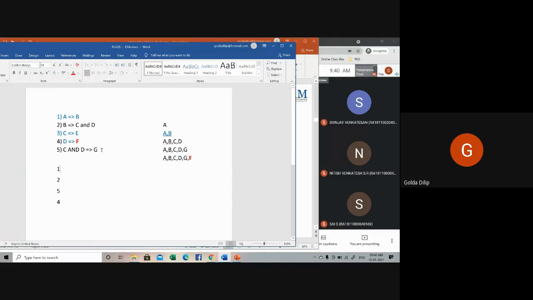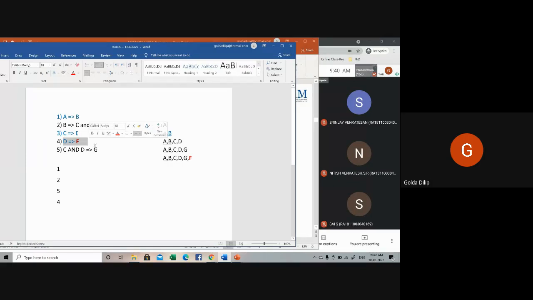So I select the rule with the highest specificity. The next rule I'm triggering is rule number 5. When I trigger rule number 5, G enters into my working memory. Now you look for G. There is no G in the left hand side. Then we had already looked at C, so then we look at D. When you look at D, the pattern is matched for rule number 4. So now you trigger rule number 4.